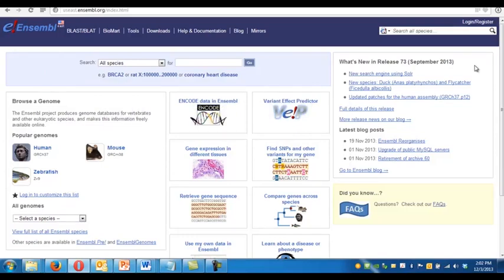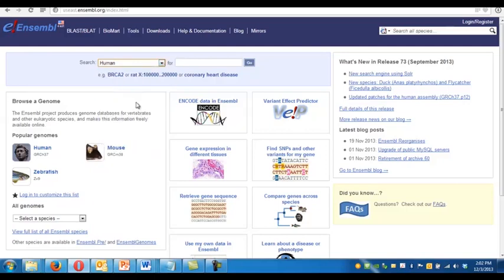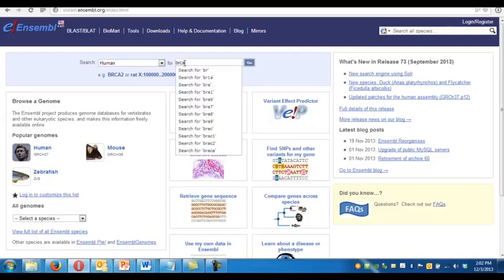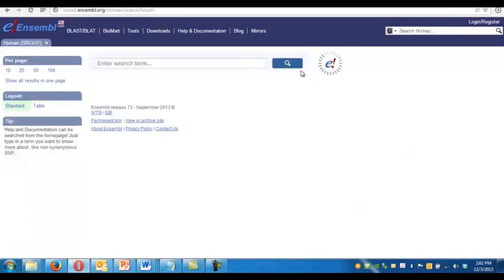Approximately every 2 to 3 months a new release comes out. And there is a search window where I can choose the species and do a search. So I'm going to jump right in and click human. And I'll go to the BRCA1 gene, BRCA1. And when I hit search,